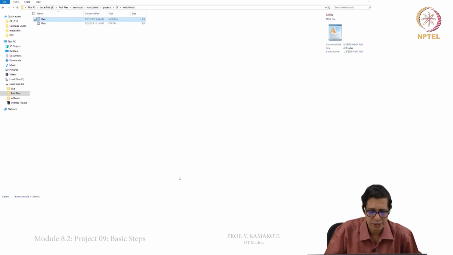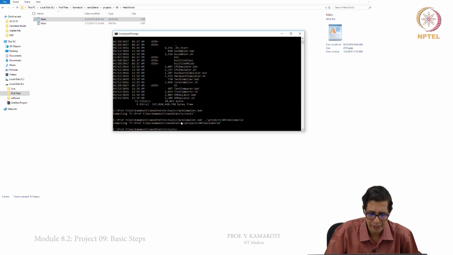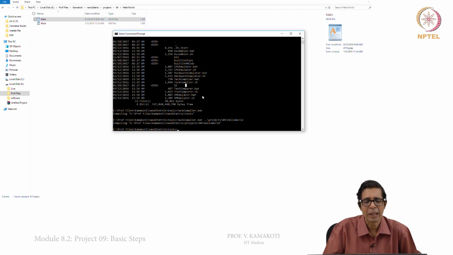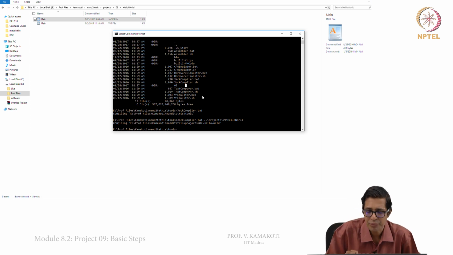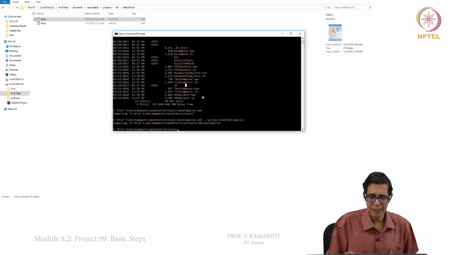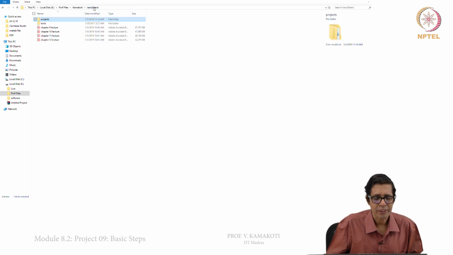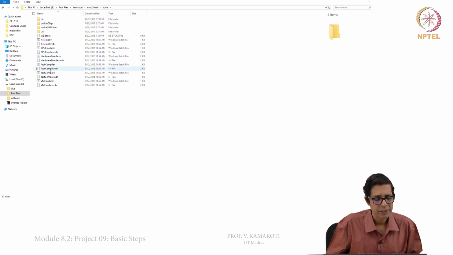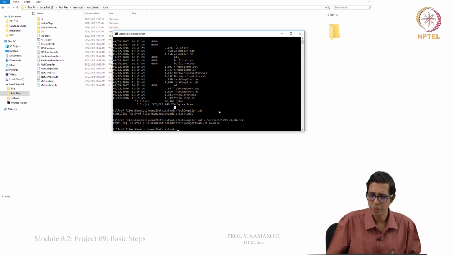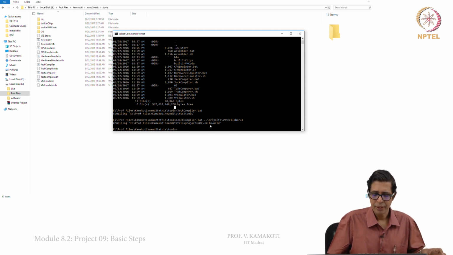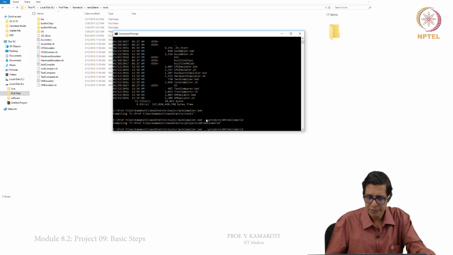Now, what we need to do is, we have to go back to our good old command prompt if you are using Windows, and then in the tools directory, Nand2Tetris tools directory. Here you actually have a Jack compiler. There is a Windows batch file and .sh. So, we need to go to the command prompt and go to this same directory, and there we can execute the statement JackCompiler.bat